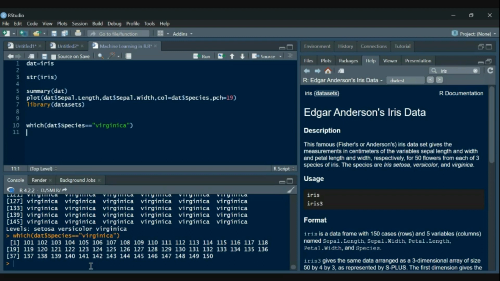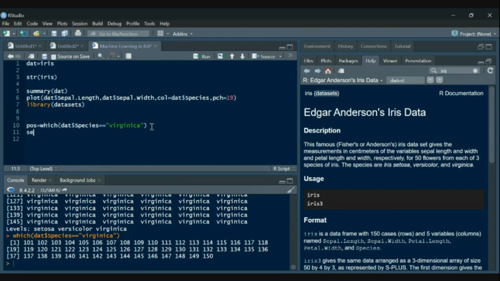So here I got the positions of the data, or the flowers, having the species as Virginica. If I want to get the sepal length for the same, because this is basically the position, we can store it in a new variable POS for position.